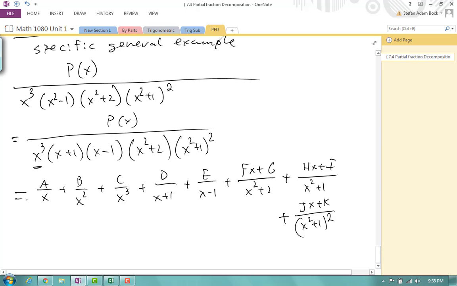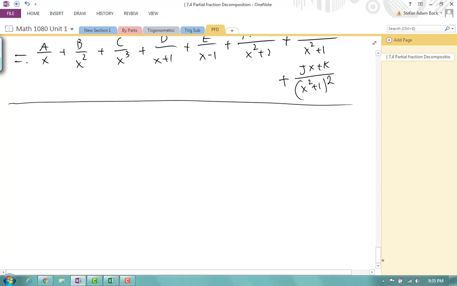And whatever p of x was, then I would have to go through and solve for all of those coefficients. But in an example that big, you might as well use a computer or calculator and do it with linear algebra, the row reduction in the matrix thing. So, there are two additional notes to make for this section. One,